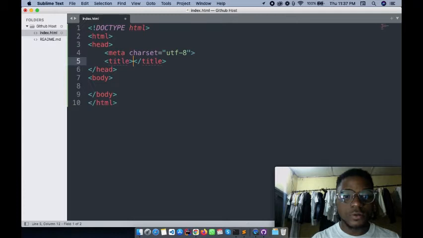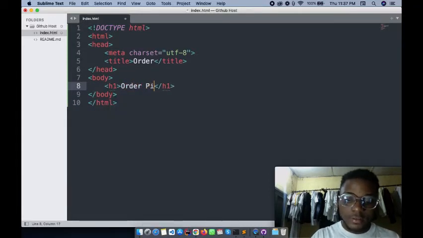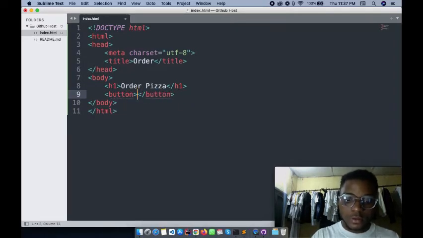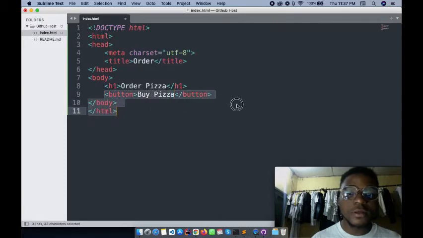Okay, so I'm gonna call this order, right? And we'll just have this order pizza. Not much of CSS, just to demonstrate how to host using GitHub Pages, right? So, buy pizza, and we can just